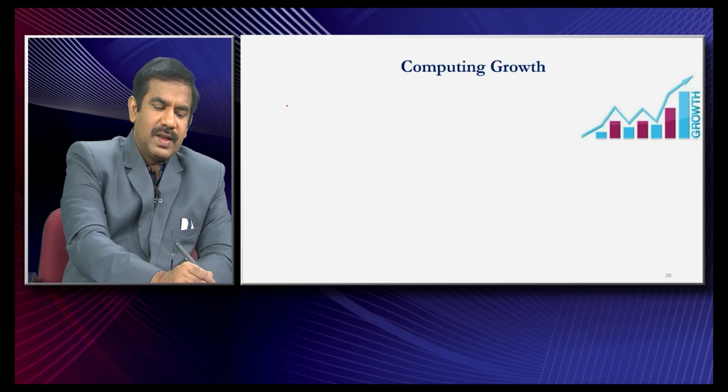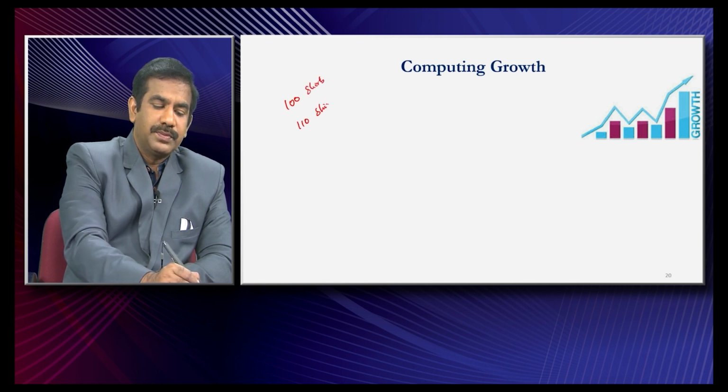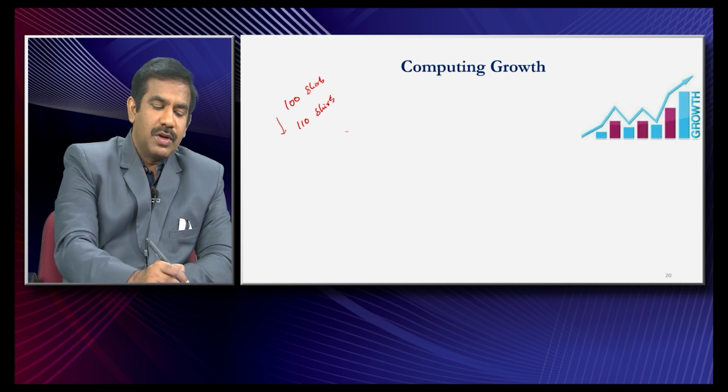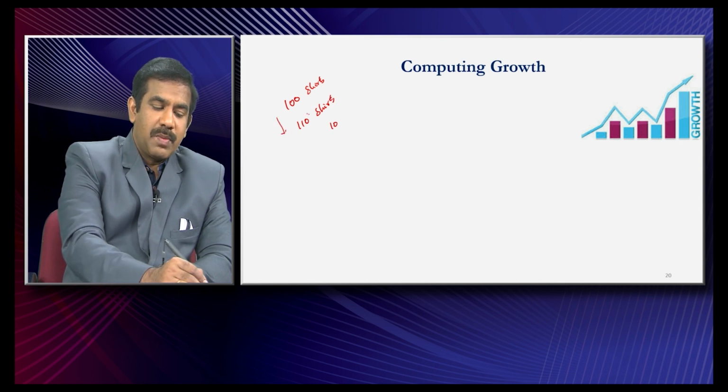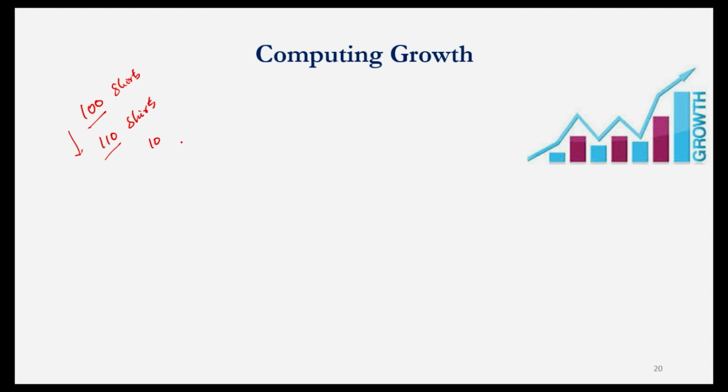So now let's imagine that last year a country produced 100 shirts. This year the country produced 110 shirts. So this increase in output is by what amount? 10. Compared to last year there is an increase in output by 10 shirts, and these 10 shirts over the previous output, that is 100, expressed in terms of percentage is nothing but 10%, isn't it? So I could say in this example that this economy, compared to the previous year, has experienced a 10% increase in output.